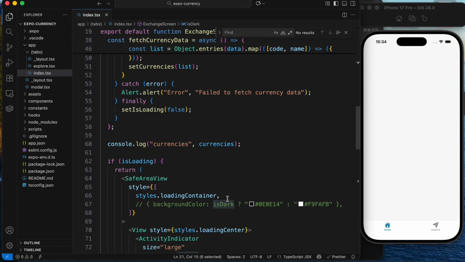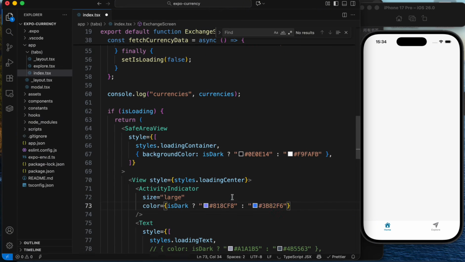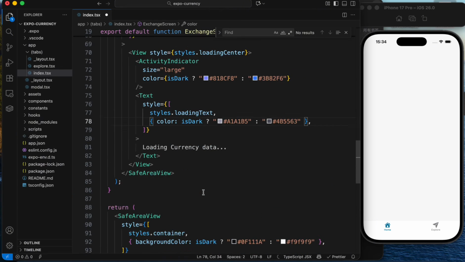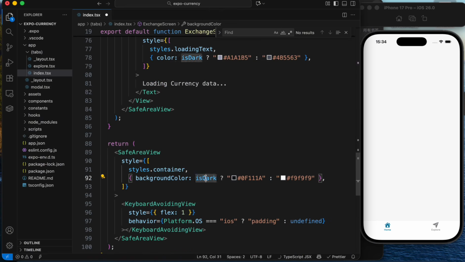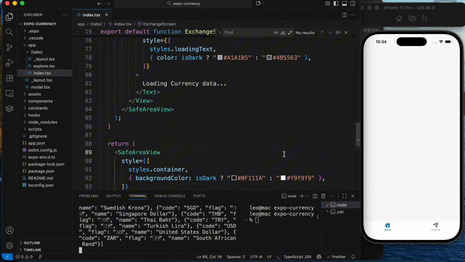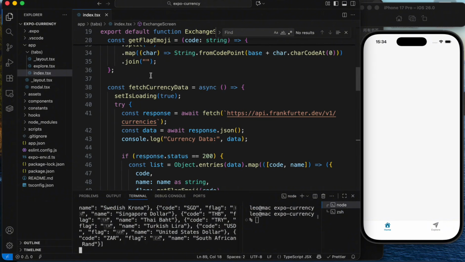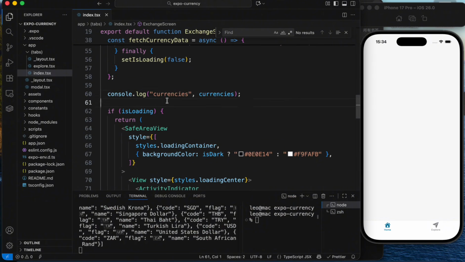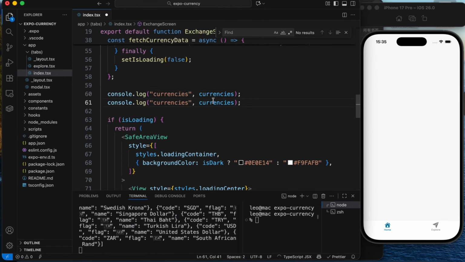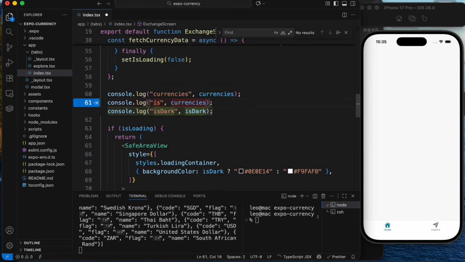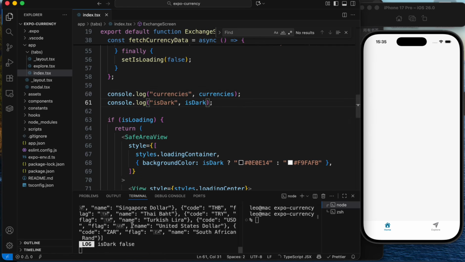and this is the background color for the loading, and the color for the loading. When is dark is true we give this, and when it is false we give this. So how to check? We got it's dark. Yes, it's dark. It's false. So it's not dark mode. So we go